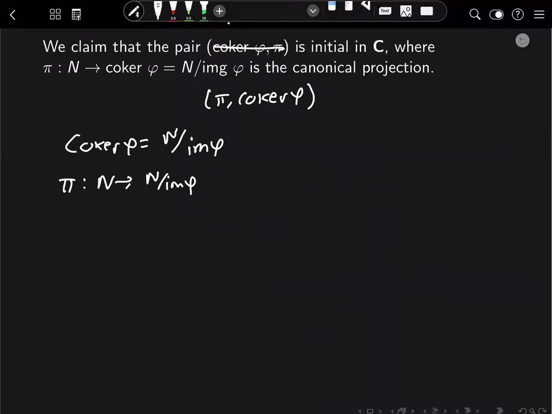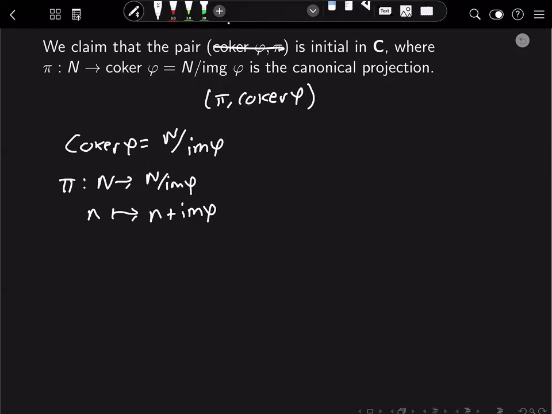the category of R modules, when we're working with R modules, we don't have to worry about any kind of normality conditions or anything because R modules are first and foremost abelian groups. So the image of phi is defined as an abelian group. So we could just mod out by submodules, any submodule we want, and we will get a module. So N mod the image of phi is a module itself. And all we're going to do is send n and map it to its coset, n plus the image of phi. Okay, so that's the canonical projection.